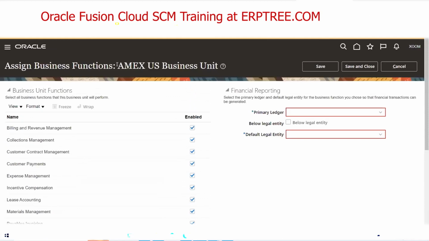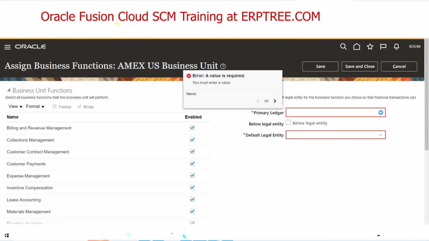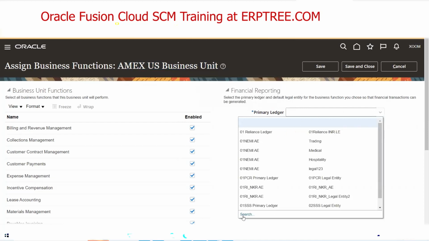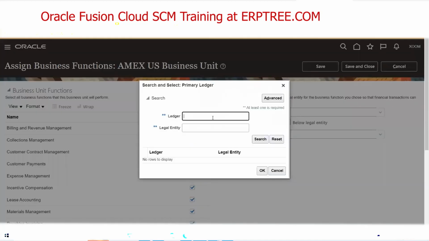Now, within this business unit, when you create transactions, it could be the purchasing application, payables, order management or receivables, take any application. When you create the transactions using this business unit, the primary ledger you want to use for those transactions has to be assigned to this business unit. Just click on the drop down and select our primary ledger name. Our primary ledger we created as MX USA primary ledger. I just select